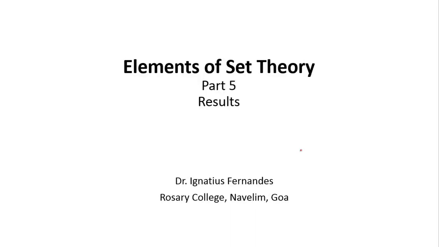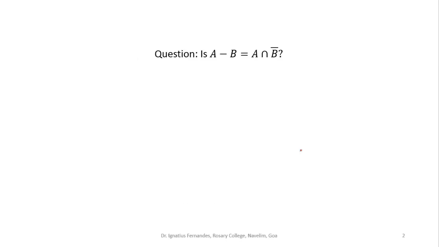Welcome back to module 5 of chapter 2, elements of set theory, and we will be talking about the various results which we talked about in the previous module as well. Now, what we did in the previous class is we proved the various identities by using Venn diagrams. Now we'll look at the same identities as results, and we'll try to prove them in general